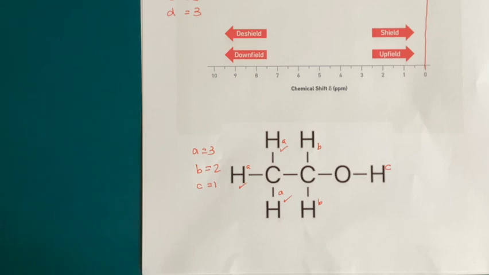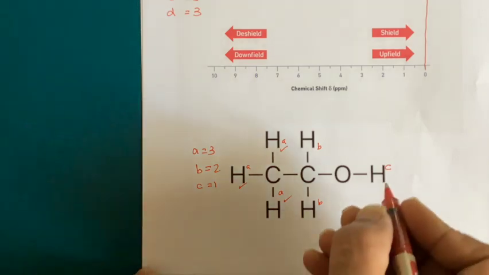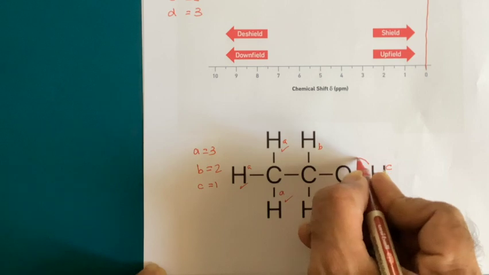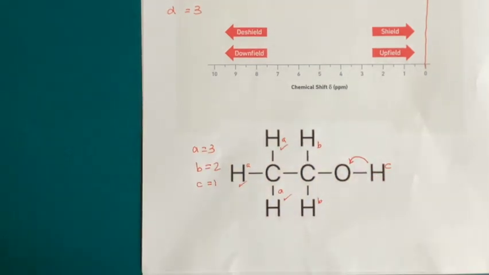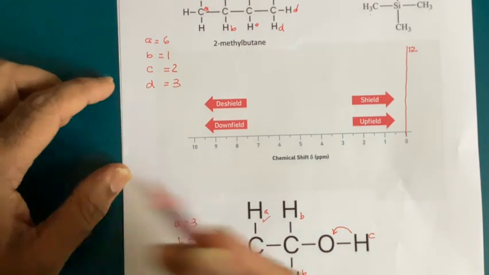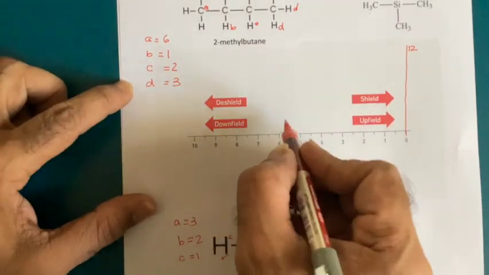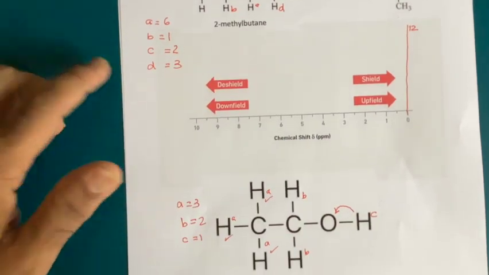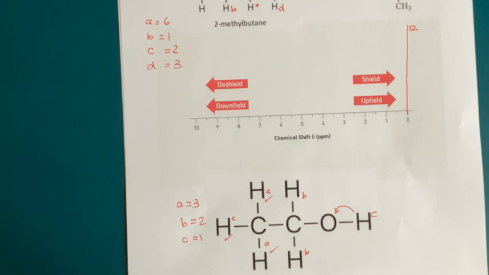Now, because oxygen is a very electronegative element, the electrons in this covalent bond are held much closer to oxygen than to hydrogen. What that does is it de-shields, it exposes hydrogen's nucleus to the magnetic field. And this hydrogen here, C, would give a signal in the NMR machine that is very much downfield because of that de-shielding. So it will be somewhere on the downfield side. The data booklet will give you an idea as to exactly where that would be, but it's going to be